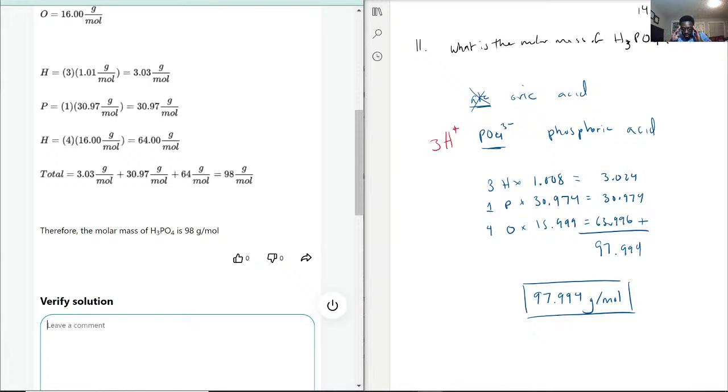So this is a quick disclaimer. Exactly, you're going to solve it based on the periodic table you were given. If you weren't given one, then the teacher can't fault you for having slightly different answers from them, because periodic tables try to be standardized, but each one can round a little bit differently, hence why they have slightly different numbers. Okay,